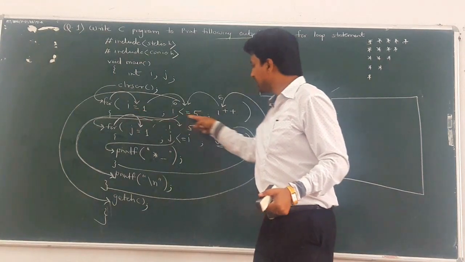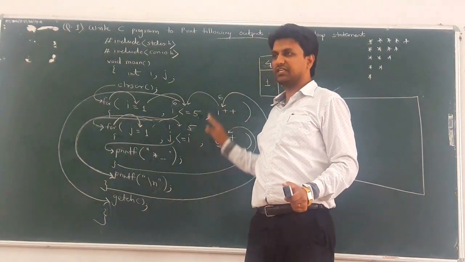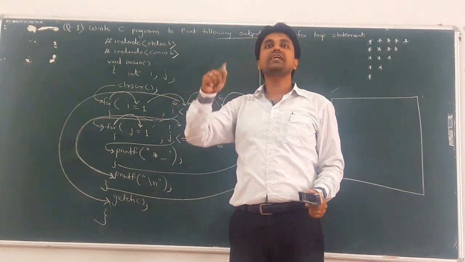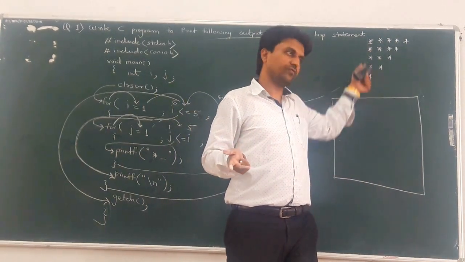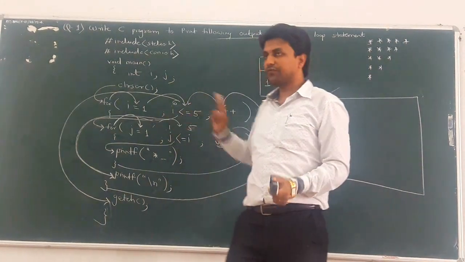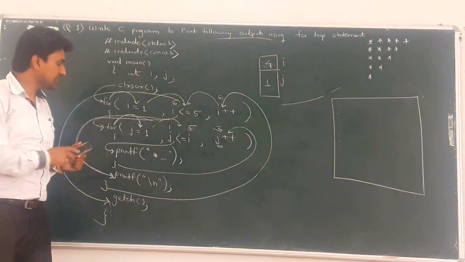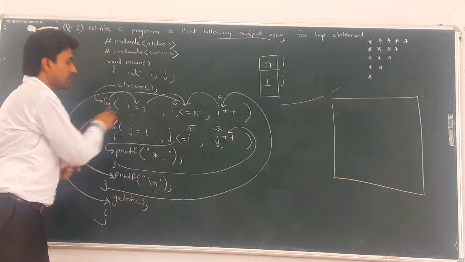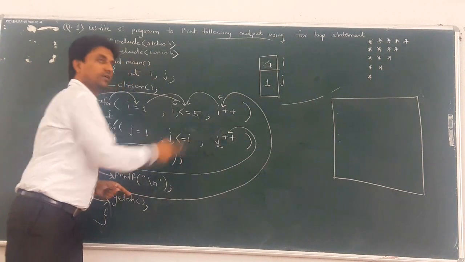So there is no change in the initialization, conditional part, and reinitialization. It remains the same, because what is the use of the outer for loop? It decides how many rows get printed. There are the same 5 rows, so the outer for loop remains the same. Next, what is the change? The changing part is the initialization, conditional, and reinitialization in the inner for loop.